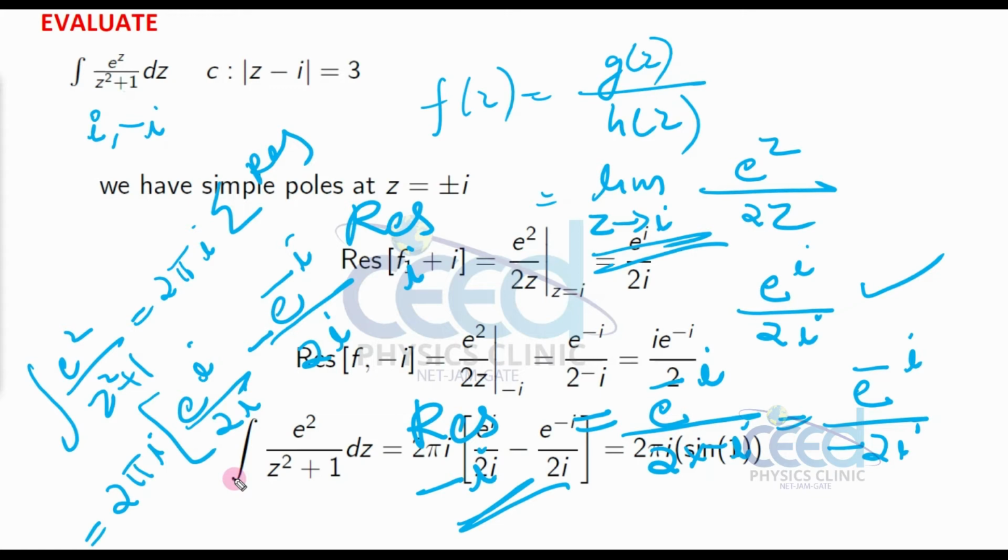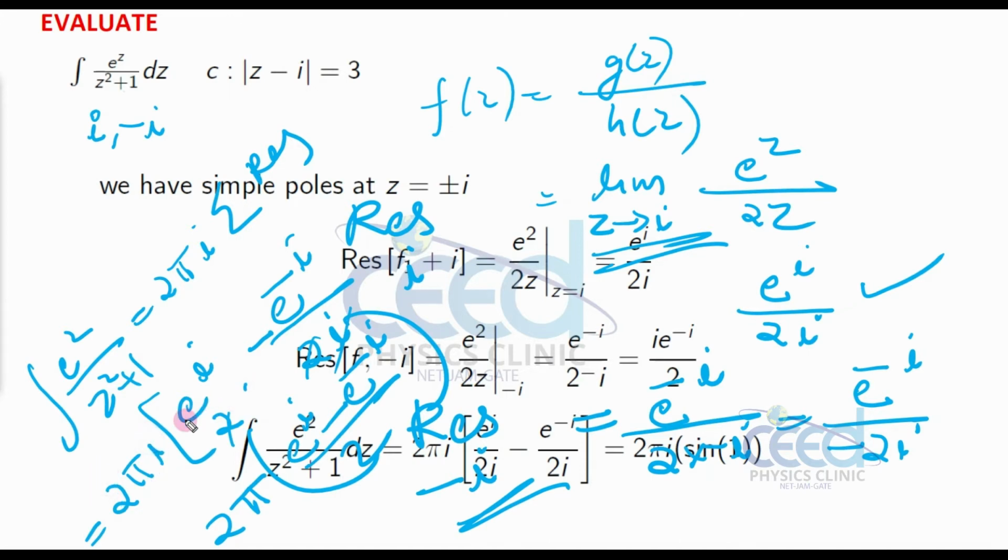So that is, 2 cancel, right? 2 i, this all cancel. So pi into, I can multiply a 2 here and divide a 2. So e raised to i, e raised to minus i divided by 2. So this is a familiar formula to us. That is, I can keep this i here. Okay, so we need not cancel this. Okay, so I am not cancelling all these terms.